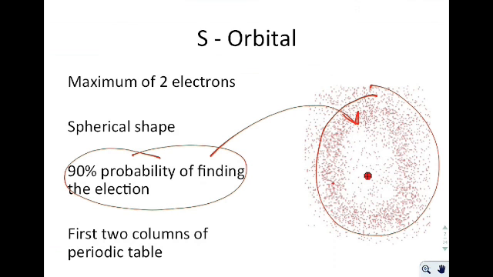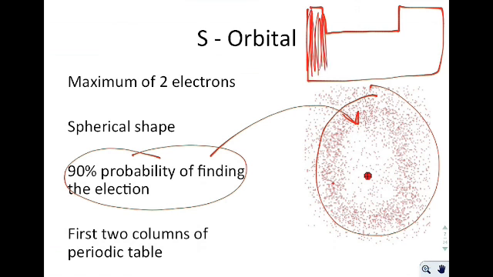The s orbital on the periodic table references the first 2 columns. If you were to look at the valence structure of an atom, we're not there yet, so you don't know what valence is, everything in these first 2 columns represents something that has an s orbital